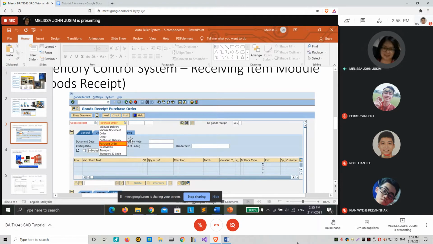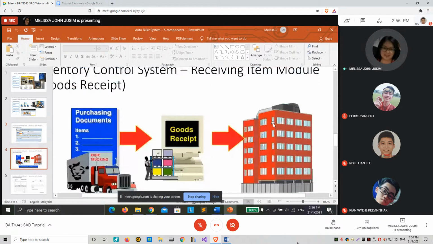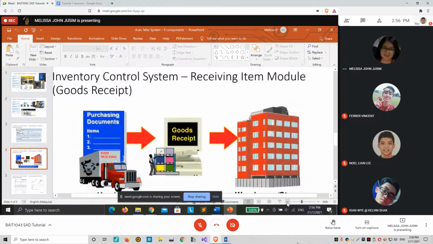For myself, I only discovered these terms when I started working. I was asked to maintain the existing system. I saw GRN, I saw PO, I saw DO. What are all these documents? I don't understand. So it's our job to understand all that. That's why I prepared this slide. Let me show you, or let me make it smaller.